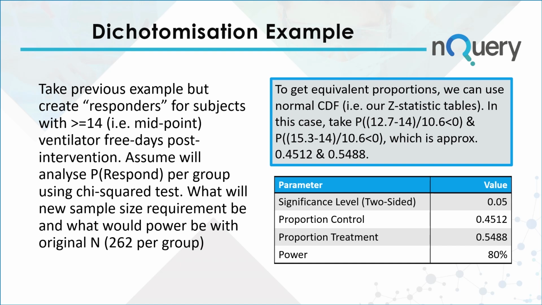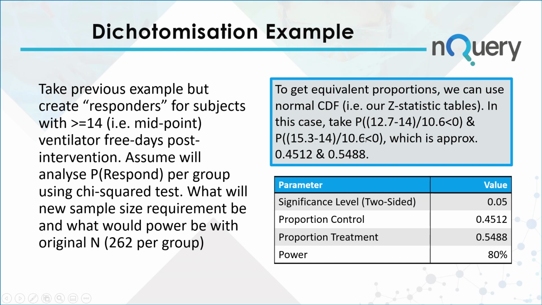So, what will the new sample size be given this? Well, the first thing we need to do is work out how many people that actually implies will be responders or non-responders in each of these groups based on that midpoint split. This is fairly trivial to calculate from a conceptual point of view with those strong assumptions about normal distributions. We just take our normal CDFs and basically take the CDF of 12.7 assuming a standard deviation of 10.6, and vice versa for 15.3,